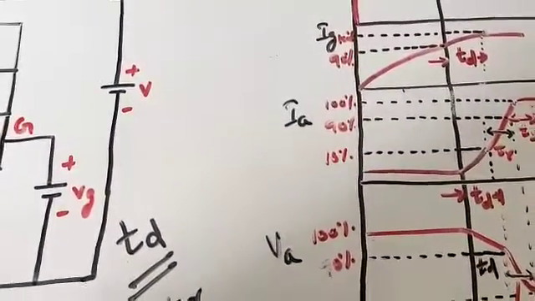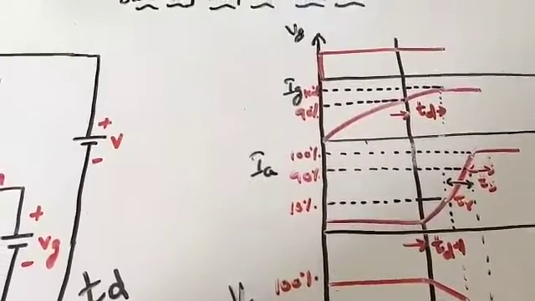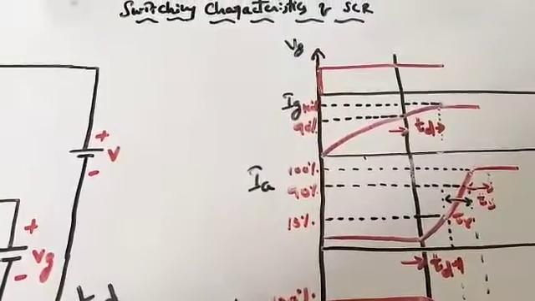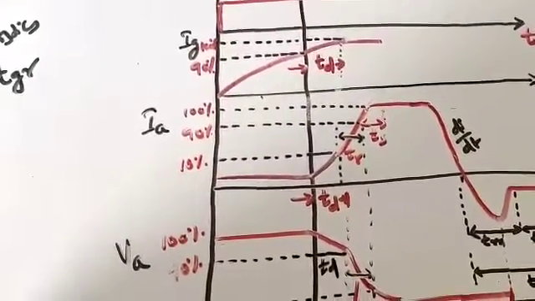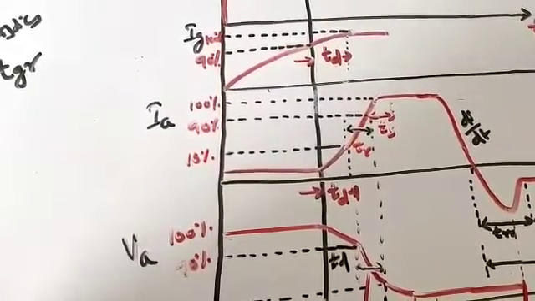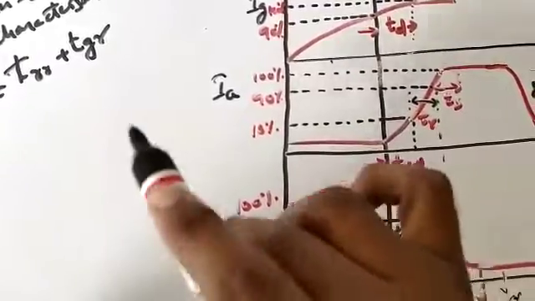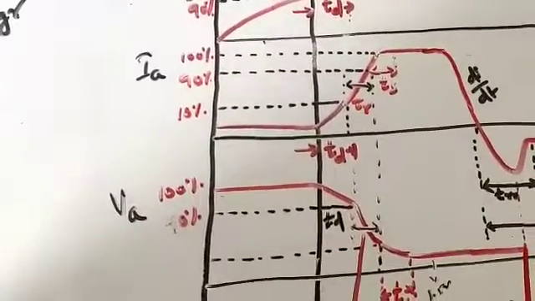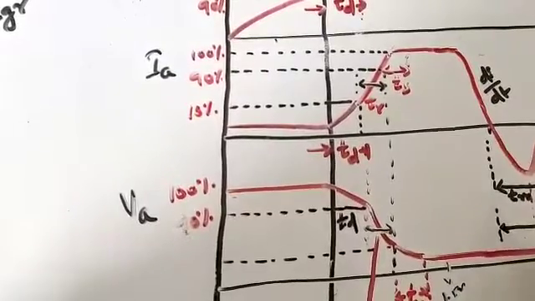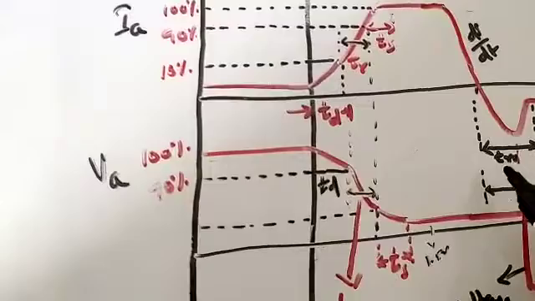Now we will be switching to turn off characteristics. How are we going to draw the turn off characteristics? Let us draw. Once the SCR is turned on, there will be charge carriers present at all three junctions. I have deleted the diagram over here, so please refer to the diagram. To turn off the SCR, we need to remove the complete charge carriers across those three junctions. So the time required to remove